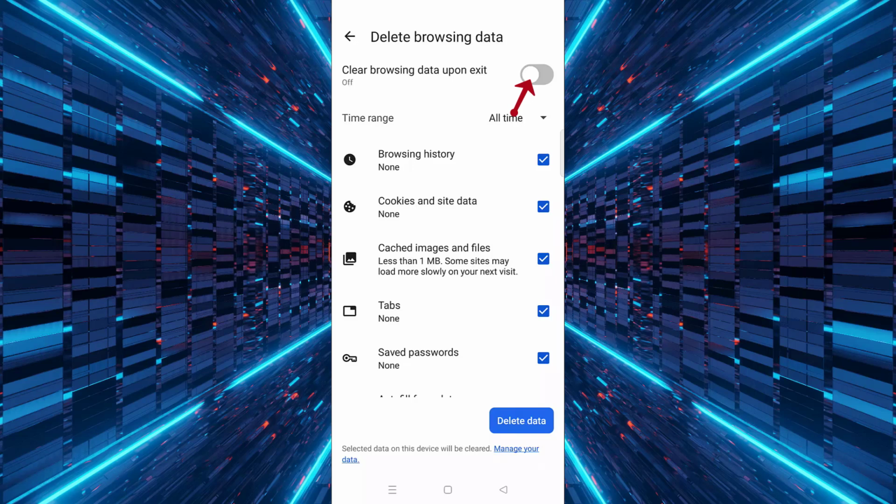Finally, toggle the switch next to Clear Browsing Data upon exit to turn it on. You can also customize what data gets deleted each time, such as history, cookies, or cached files. That's all for today. By enabling this option, your browsing data is automatically cleared whenever you close Edge, adding a